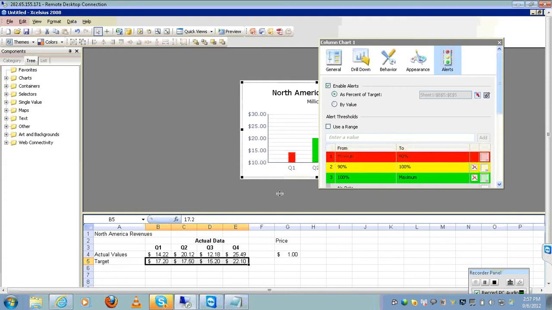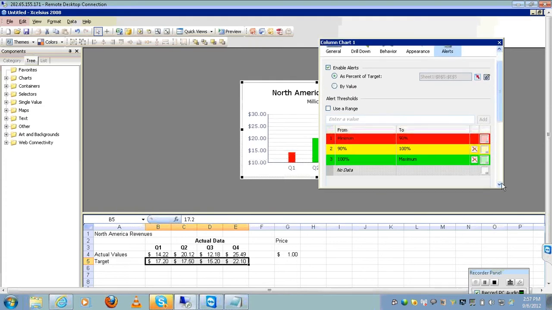And after giving the target values, here we have to mention your percentage. If I reach a minimum of 90% of my target, that should be red color. 90% to 100%, that should be yellow color. You can type your value, no problem. But they have taken 90% and 100%. And 100% to maximum, that should be green color. If you observe your chart,